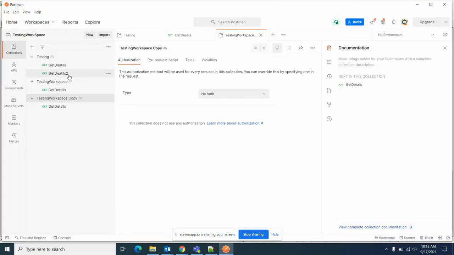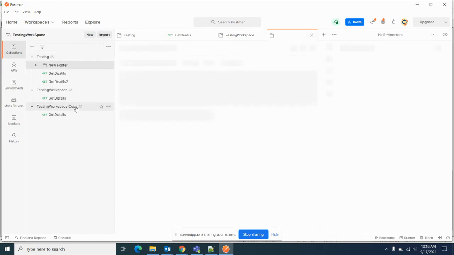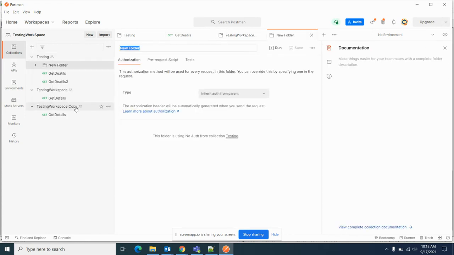We can add a collection inside another folder. Click create, add folder. Inside the folder I can give the name testing one. This is my collection, a collection inside another folder as a collection. This way we can create another collection,